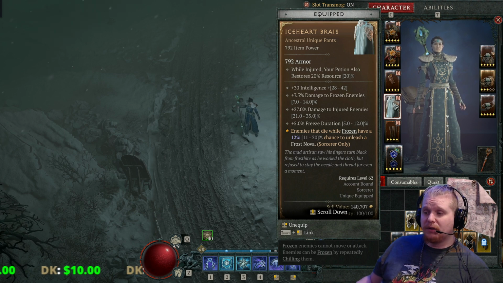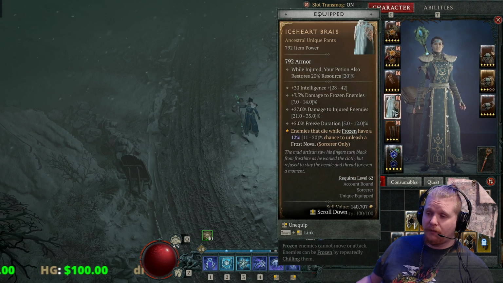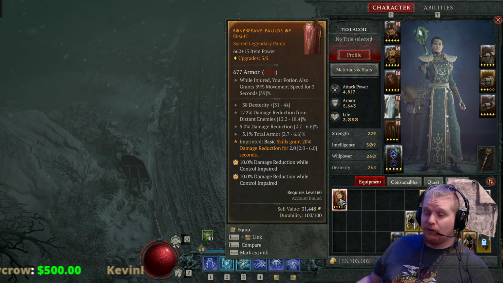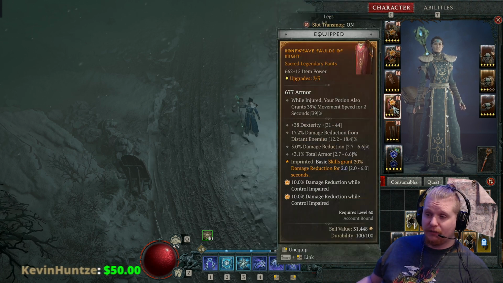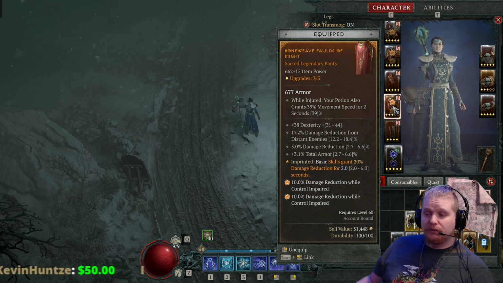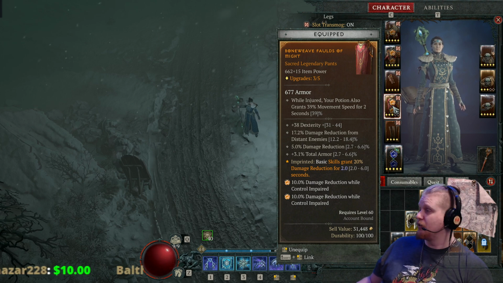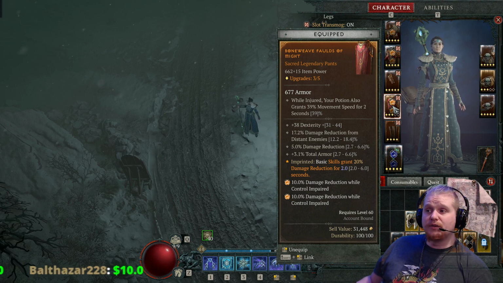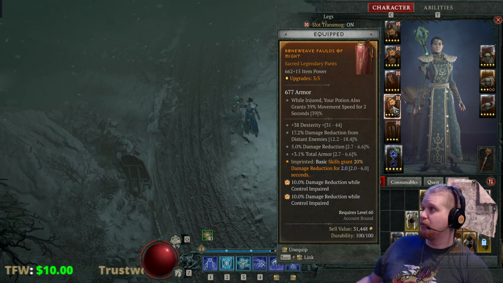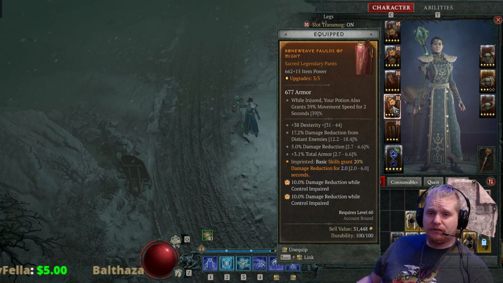Now, let's talk about why this armor is not really the best piece of armor. So, your pants are really like one of the best slots that you have for defensive modifiers. Armor value, damage reduction flat, damage reduction from distant, damage reduction from close, damage reduction while fortified, damage reduction while poisoned, damage reduction while bleeding, and so on. There are a hundred different modifiers for